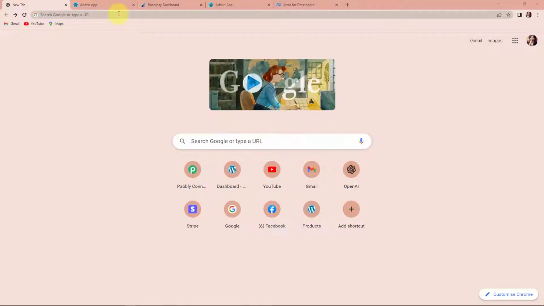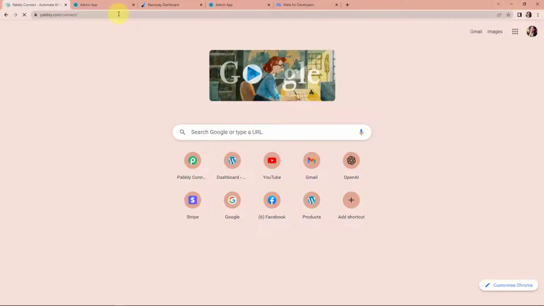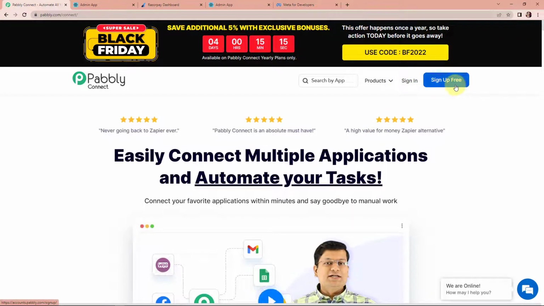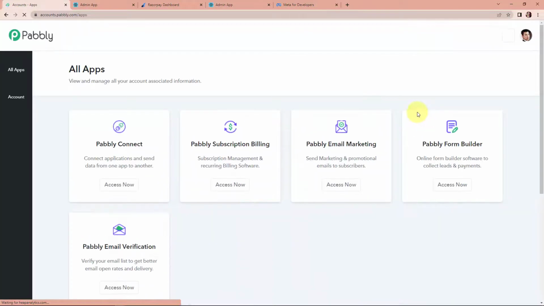To begin with the process, we are first going to type the URL pabbly.com/connect, and as we do that, here we have reached the landing page of this software. On the right hand side, you can see two options, sign in and sign up for free. So if you already have an account with us, simply sign in. If you are a new user, click on this tab sign up. It won't take more than 2 minutes, and also at the time of account creation, you will get 100 free tasks. Now I'm going to click on sign in as I'm an existing user over here,